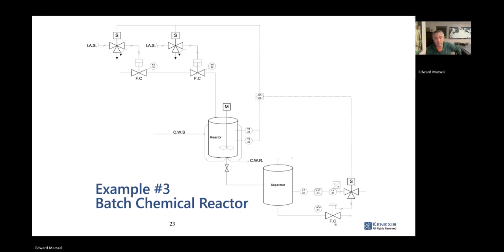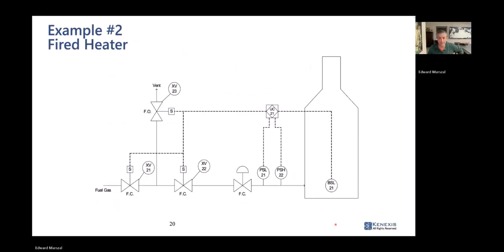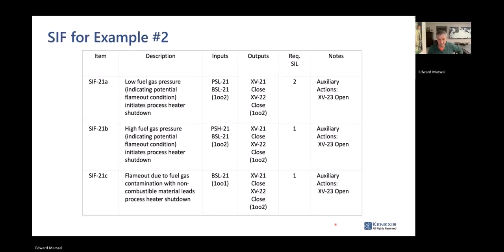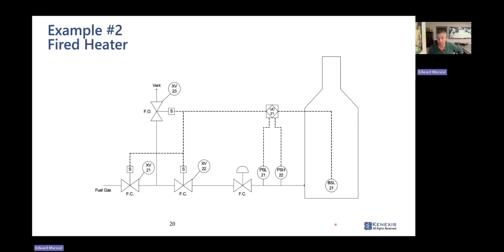It says, in example number 2 for the fired heater, why is the voting of the shutdown valves 1 out of 2 and not 2 out of 2? Ah, very easy. Well, maybe easy, and I have to be careful of the knowledge and background of everyone that I'm talking to. In the IEC 61511, 61508 world,